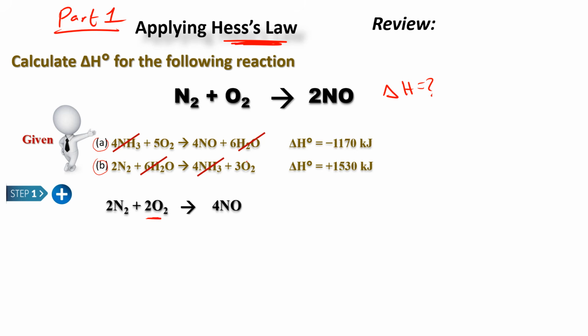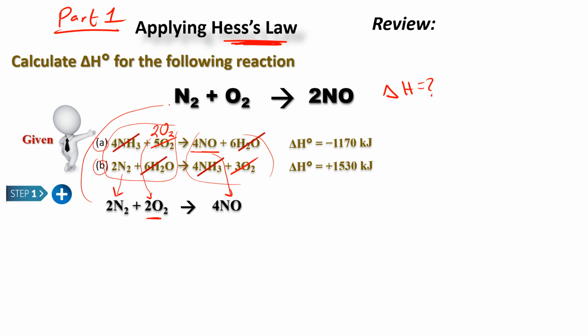Why is that? Because we will remove 3 from here, and if we remove 3 from here, we will have 2 oxygen molecules, right? So that's how we got the 2 oxygens here, and then we have 4NO going down here, and then 2N2 going down here. So we add the reactants and we add the products together, and we did not multiply anything here yet,